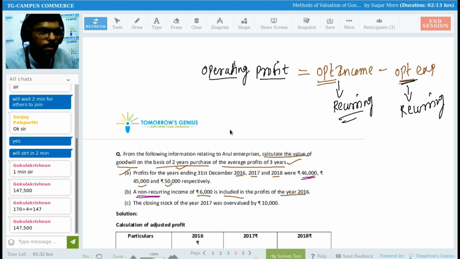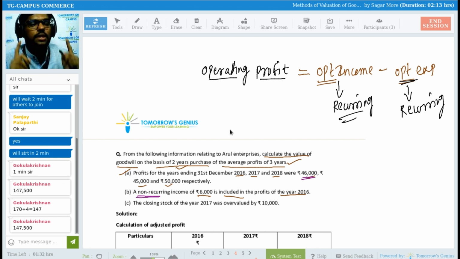I gave you an example, loss by fire, right? I gave you an example, income received as interest on FD, dividend from shares. So those are not your day-to-day business income and day-to-day business expenses, right? So those are known as non-recurring. Now tell me, if I'm saying my business has name, fame, reputation in the market,